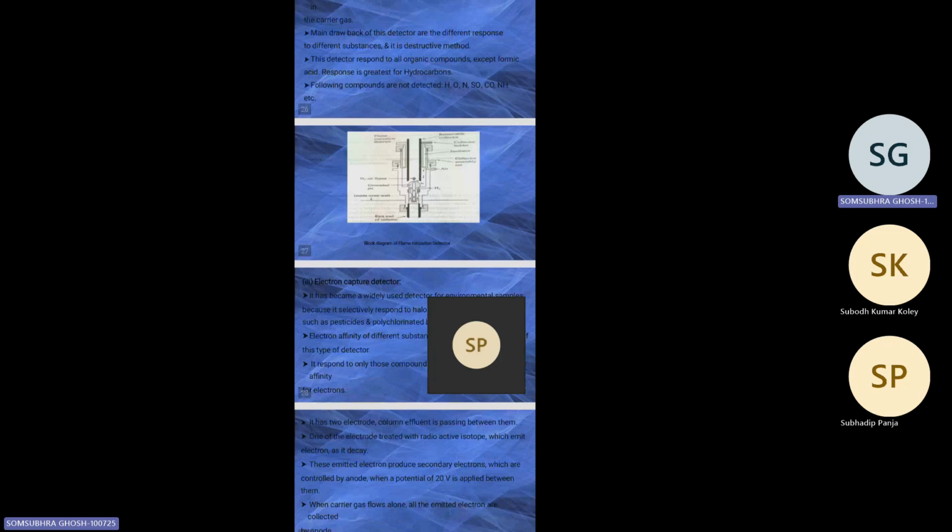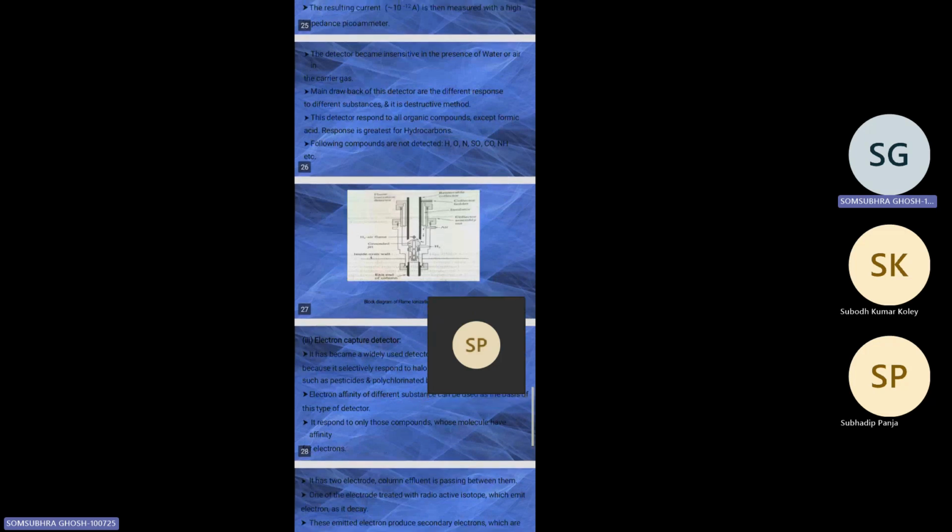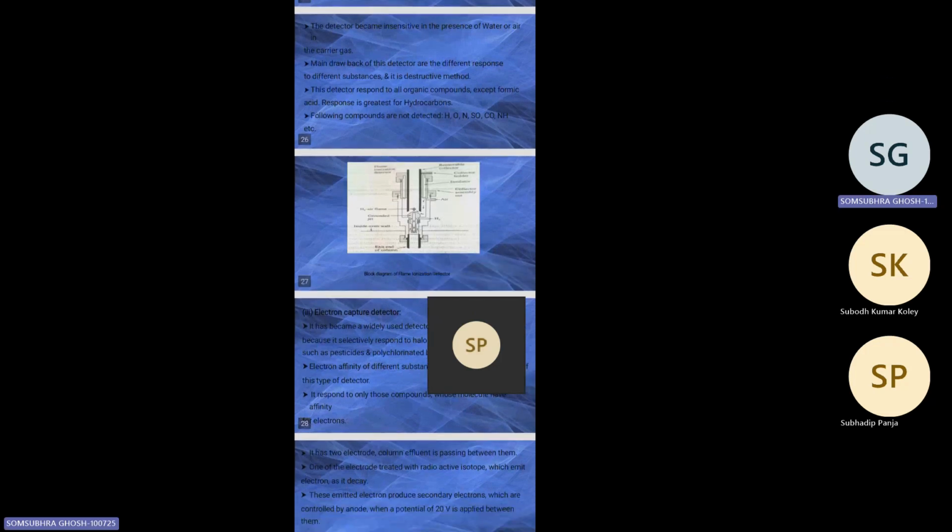When the sample is burned, the fire is coming from a nozzle, the metal portion, and that metal will act as an electrode, and when the sample is burned on that high temperature flame, the sample will be